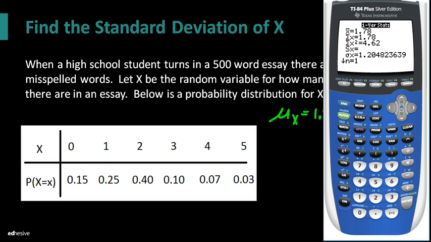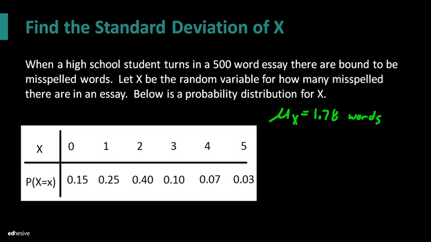This is the standard deviation, so it does it all for you. It even does the square rooting for you. You don't have to do any work. The standard deviation is 1.2048. I'm going to use 4 decimals there just for fun, 1.2048. So the standard deviation of our random variable X is